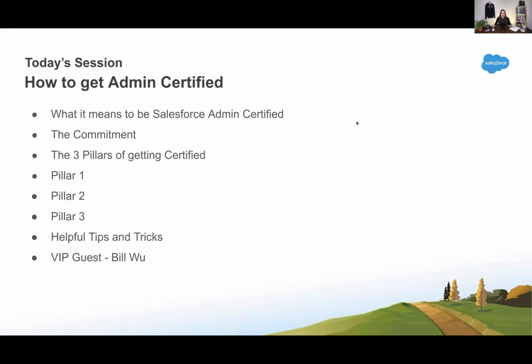Then we'll introduce what we call the 3 pillars of getting certified. These are 3 things that, when done correctly, will build you up to having the best chance of passing the admin certification exam. So we'll go through each of the pillars in detail, explaining what they are, why they're important, and ways to do them. We'll also be throwing in some alternative options for executing each pillar, as everyone has different ways and methods of learning and understanding. So there's a couple of preferences there based on how you learn.